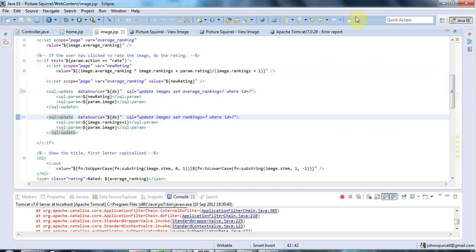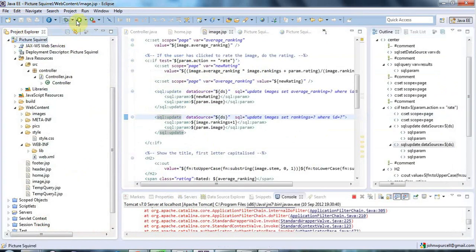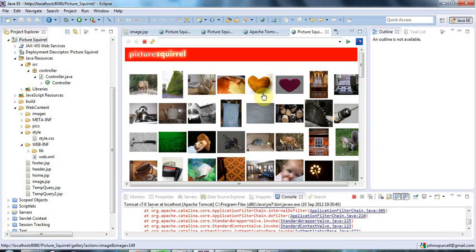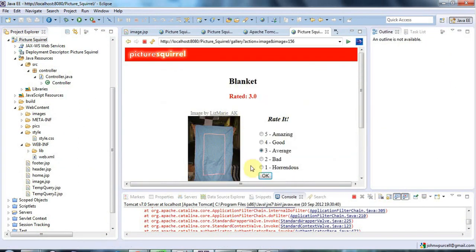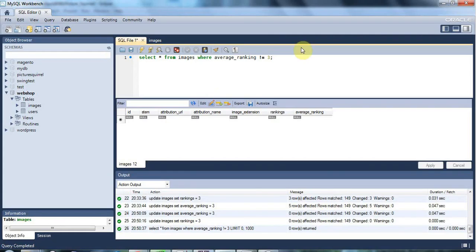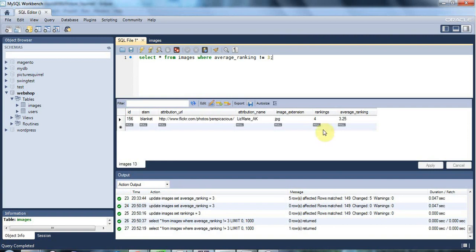So we'll try again, save everything and run the application and run on server and select an image and rate it as good, and there we go. Let's check the database, and now we've updated, the number of rankings has gone from 3 to 4, and we've got an average ranking of 3.25,